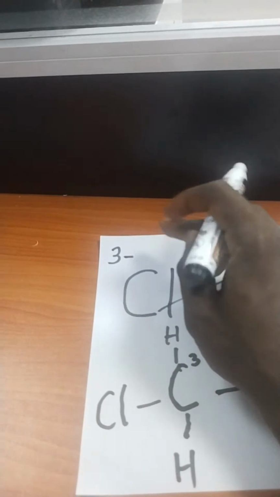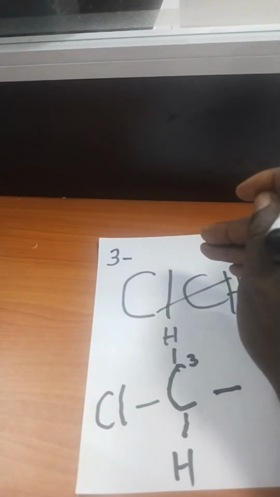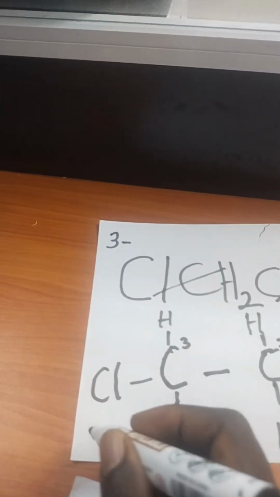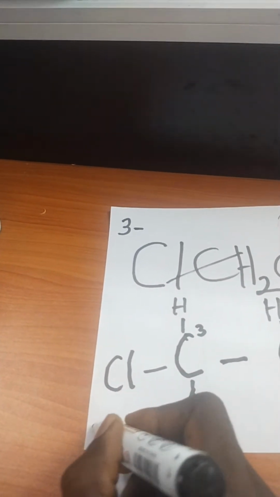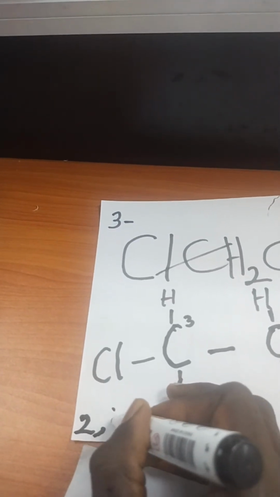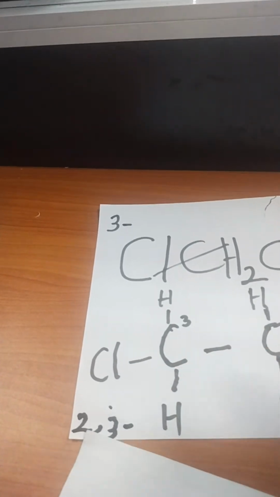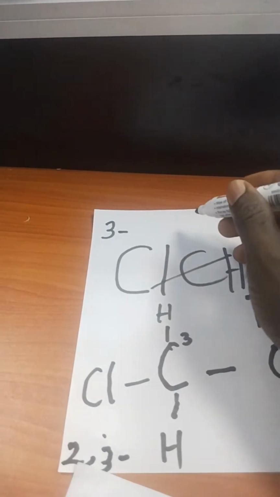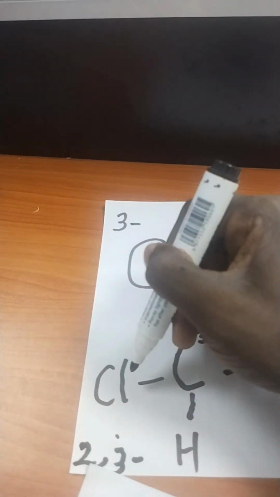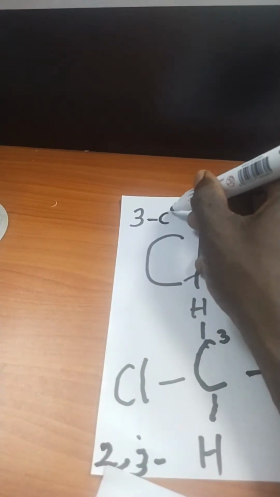But in a case that you're having 2 numbering, like for instance, if it was 2, 3 chloro, you would have written 2, you do comma before you do 3, then you put a hyphen and you give the name. But in this particular case, it's only 1 chloro compound, so it will be 3 chloro,